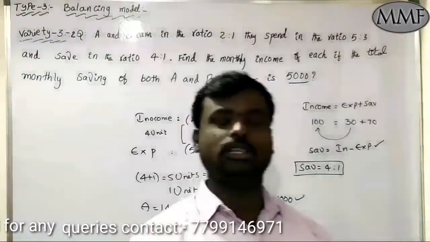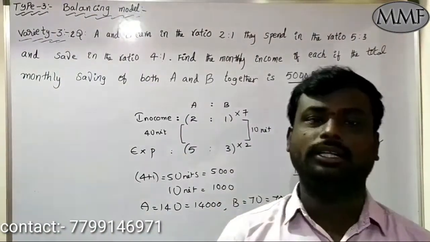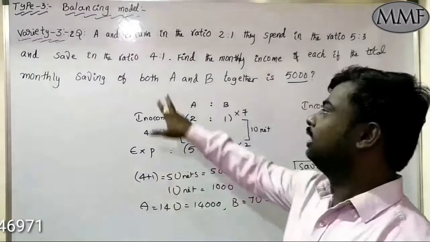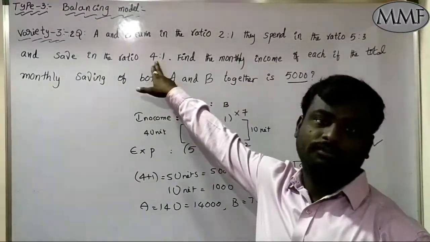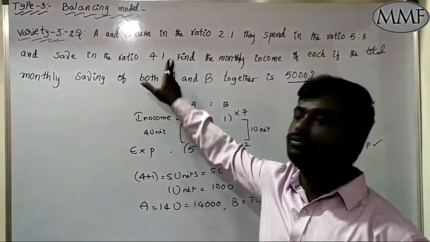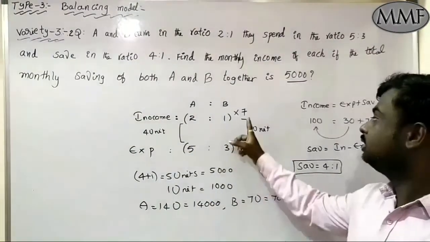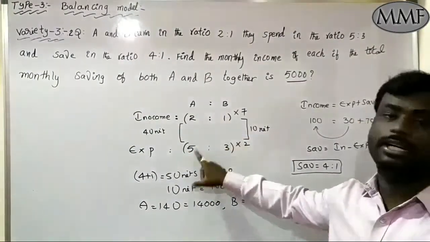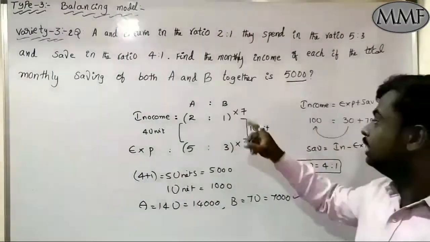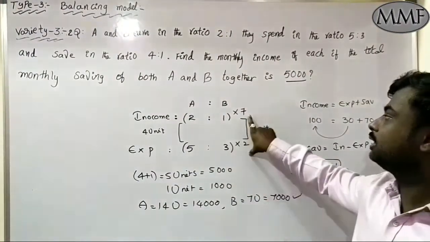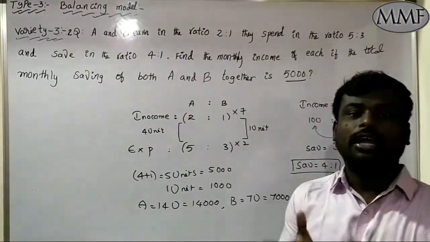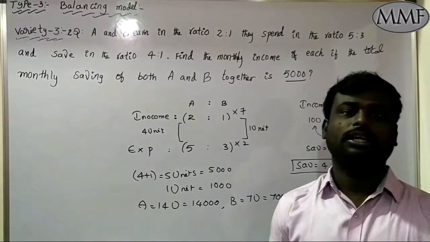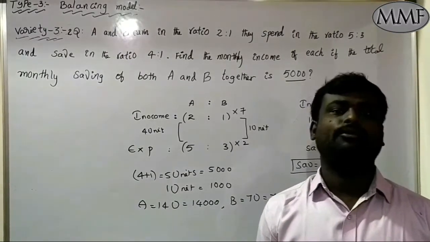Here the only thing you should learn, the important thing is one thing. What? You need to get this one. The saving ratio must be 4:1. Like that I am multiplying. 7 2s are 14, 5 2s are 10. Gap is 4 units. 7 1s are 7, 3 2s are 6. Gap is 1 unit. Are you getting? So like that we can do all these questions. Clear? We'll see one more question.